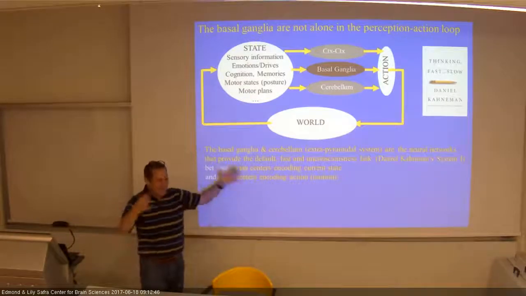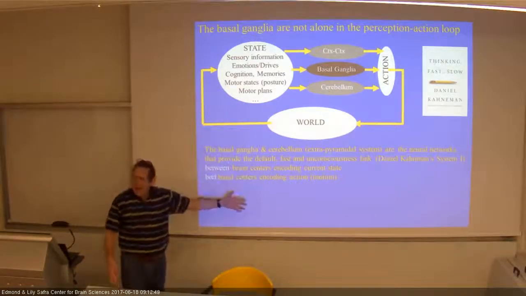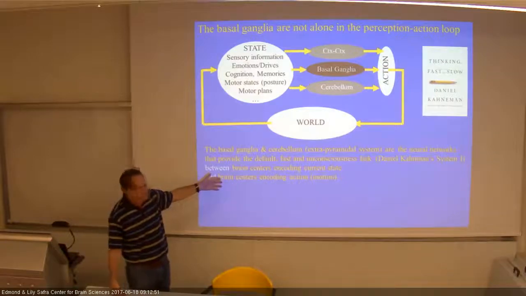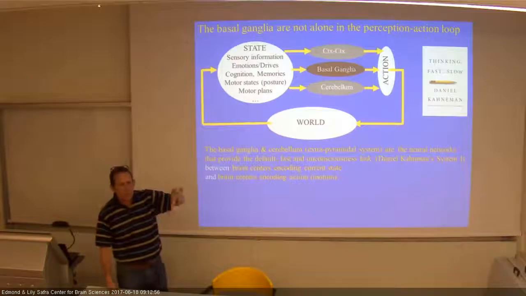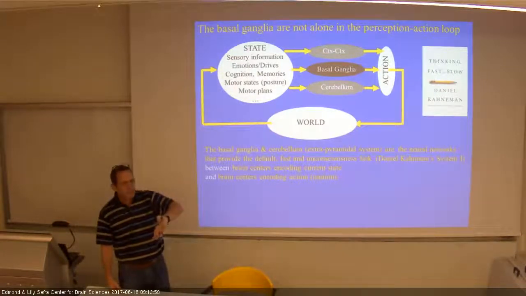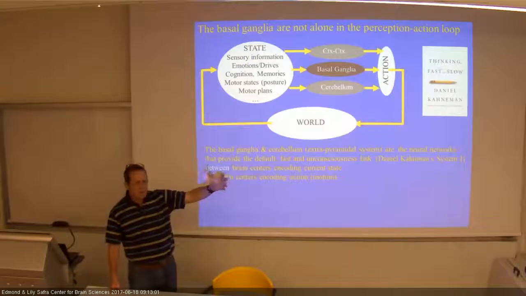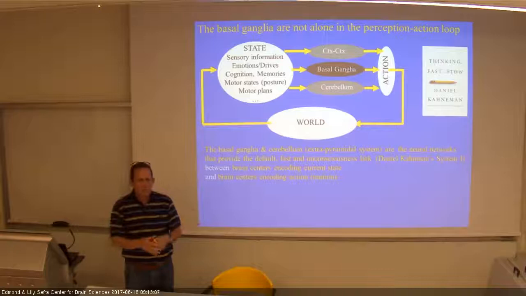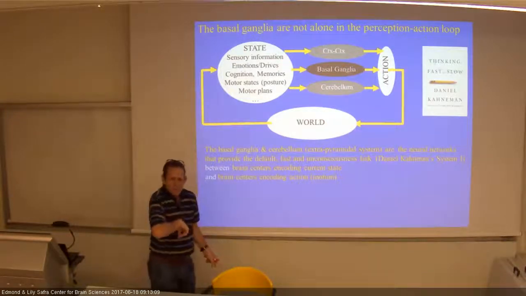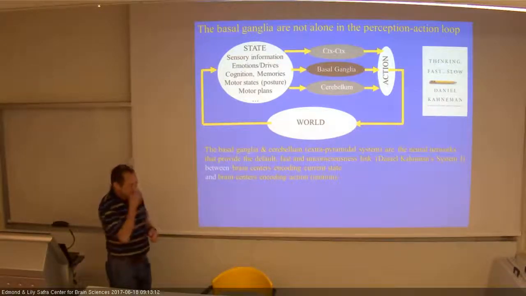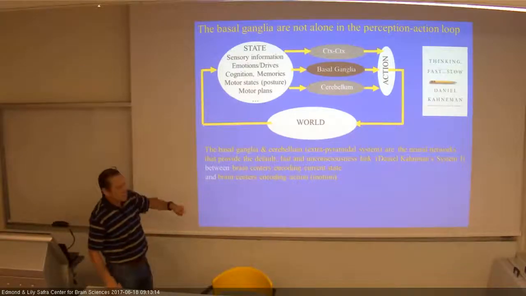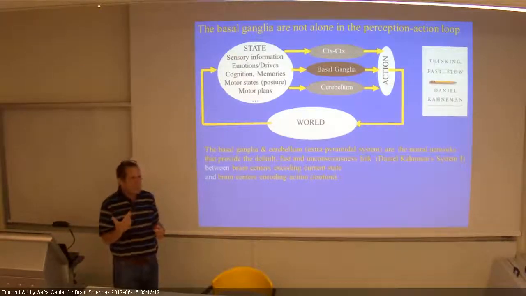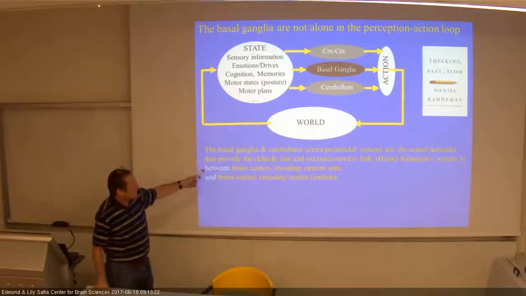So coming back, there are many networks, but our claim is that the basal ganglia and the cerebellum are what is called in practical neurology the extrapyramidal. So we have the pyramidal, which is the corticospinal pathway, that we are very familiar with because this is the patient who has a stroke and lost part of the brain. The extrapyramidal system, this system that usually causes movement disorder but not paralysis, are the neural networks that